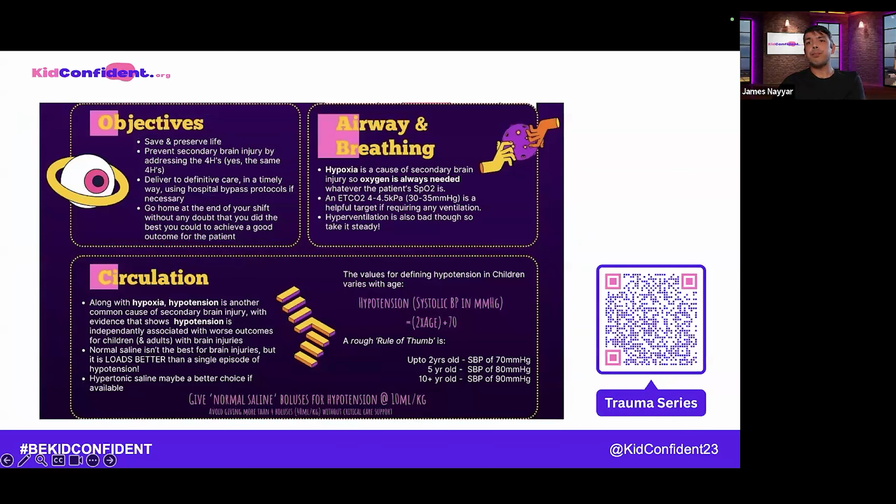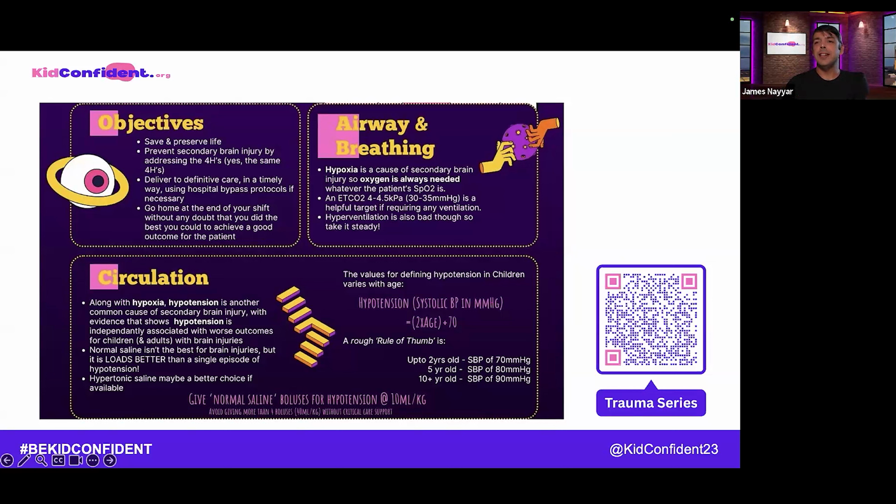This is a summary of what I think we should be doing. It's completely stolen from one of our posters, which is available through that QR code, funnily enough. Because our aim when we're out at work and seeing all patients of all sizes is to save and preserve life, isn't it? And when we're trying to do this in resuscitation, we think of the 4H's and the 4T's, and the same H's and T's are also what we need to be thinking of with head injuries, which makes it easy because we all know the H's and T's.